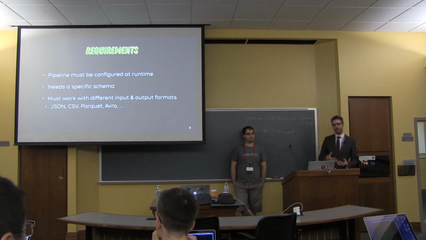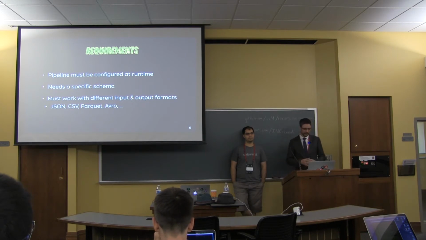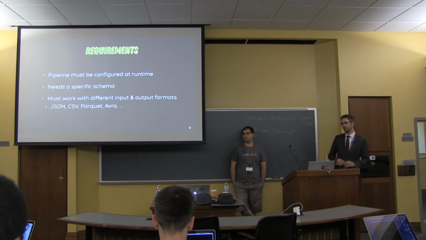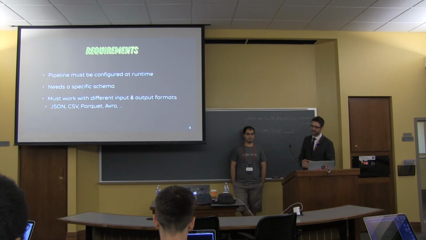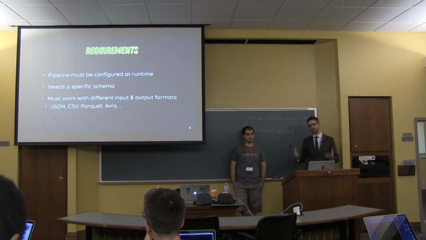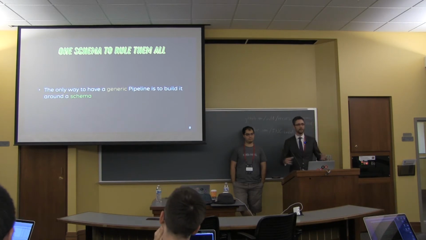If we want to be able to accept new data sources without writing new code, it means that our pipeline must be configured at runtime by some kind of schema, right? Of course, we'll be managing many formats for data, like JSON, CSV, and so on. We'll write data as Parquet files for Spark processing, or Avro records for Kafka streaming. And so our central concept will be schema, right? So we want to build the whole thing around the notion of schema.